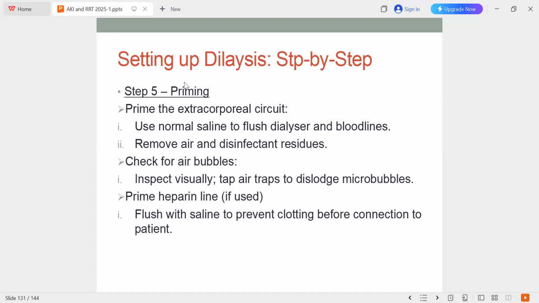Priming: you want to prime the extracorporeal circuit with normal saline to flush the dialyzer and the blood lines, and also to remove air and disinfectant residues. You want to check for air bubbles, inspect visually, and tap air traps to dislodge micro bubbles. Prime the heparin line if used. What you do is flush with saline to prevent clotting